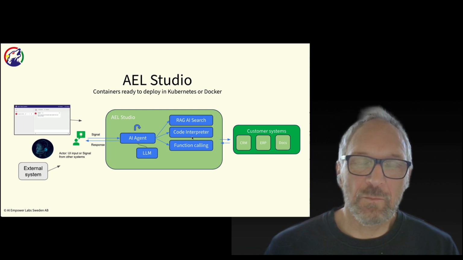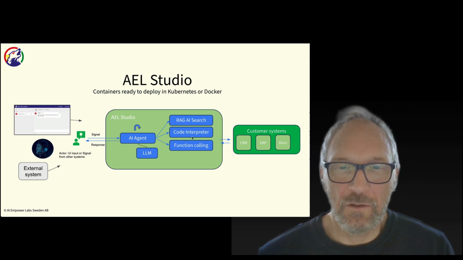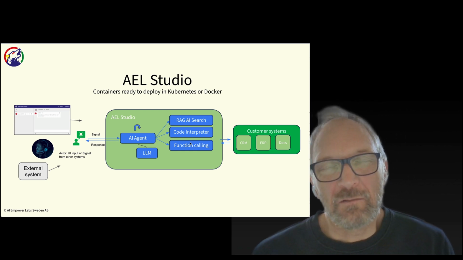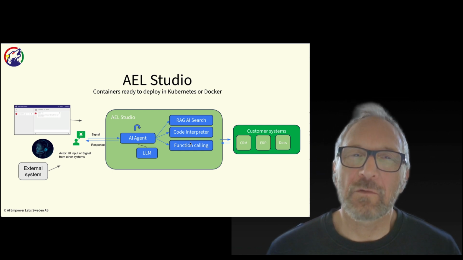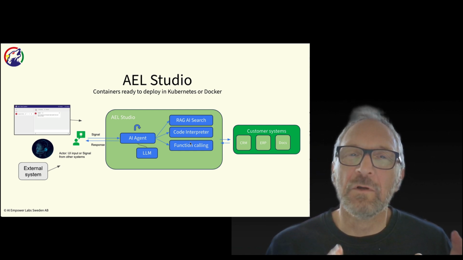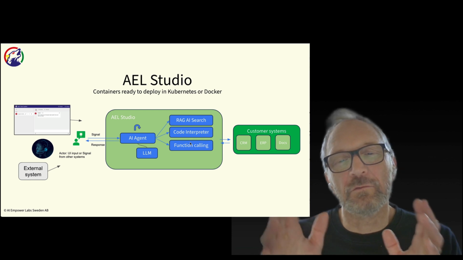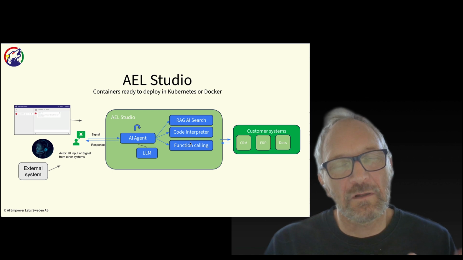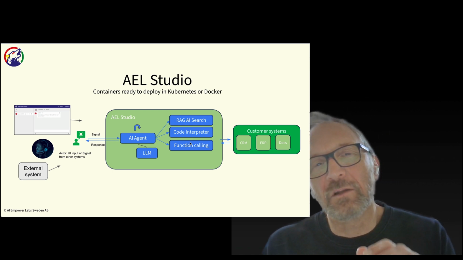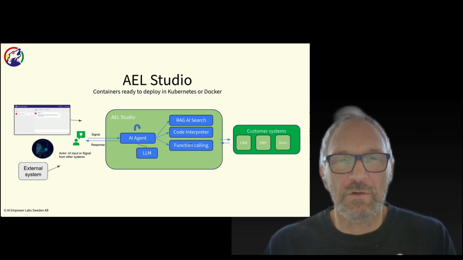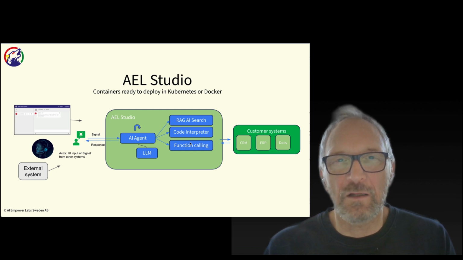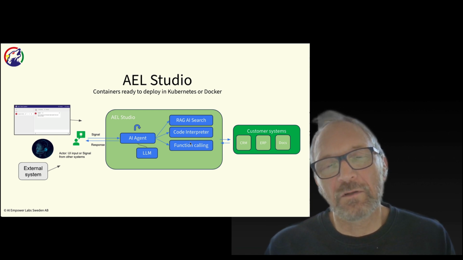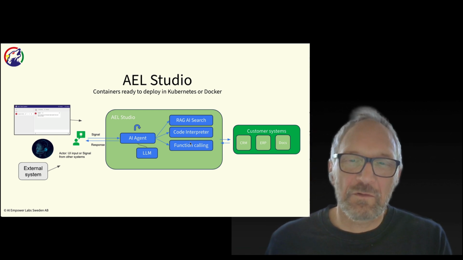We have built a code interpreter, meaning it's easy for the system to interact with code. And we have also spent a lot of time creating a very good implementation of the function calling concept. Function calling is where you let the AI understand it's time to go from a generic answer to executing a business process, and it makes the AI understand that for this business process, you need to gather some data like your name, the products you want to buy, the address you want it delivered to, and your credit card and such. And when you have that, you can execute a business process towards a CRM system, for instance,